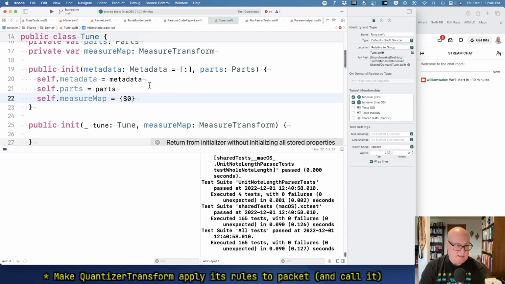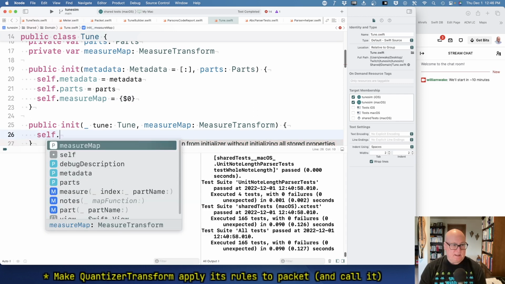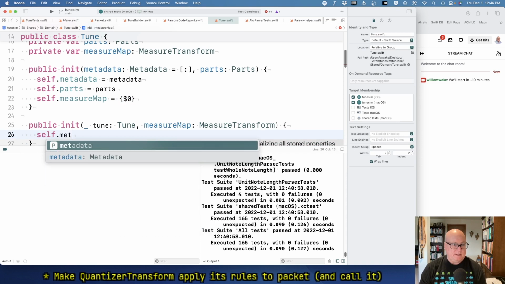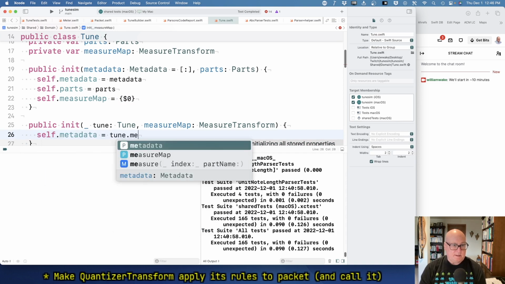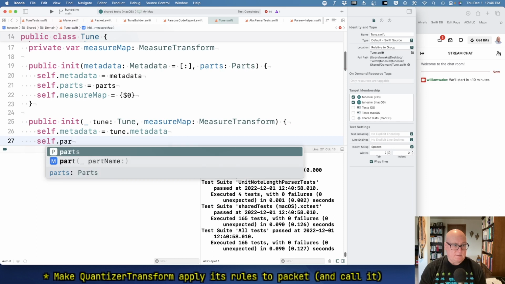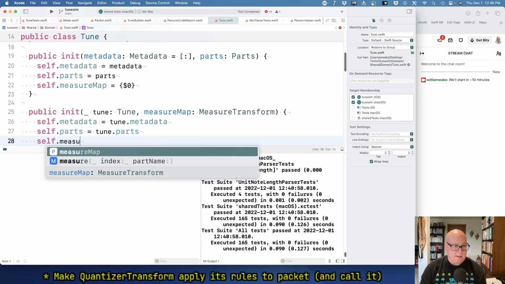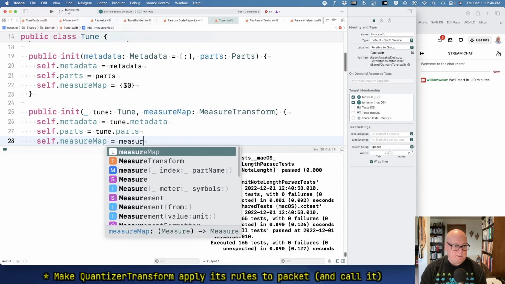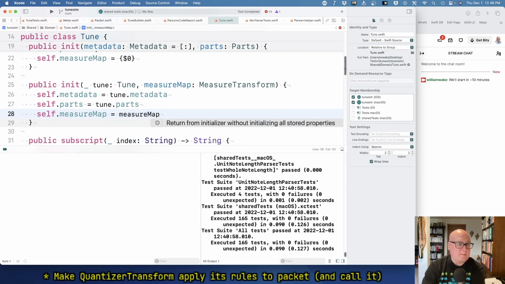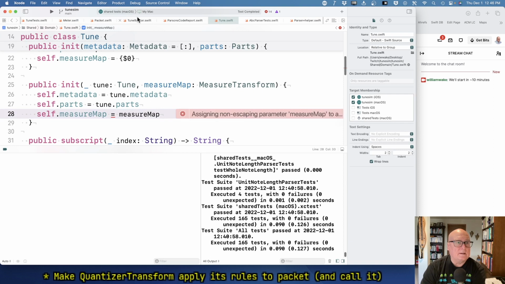So that's an identity transform. And we're going to say self.metadata equals tune.metadata, self.parts equals tune.parts, self.measureMap equals measureMap. Okay, I think